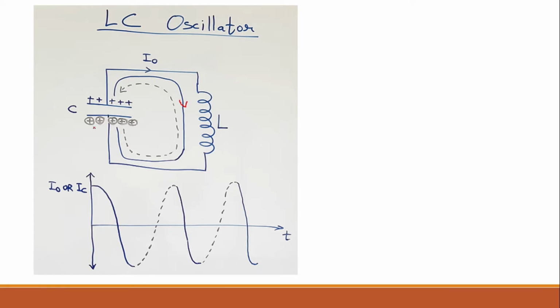Now what will happen? This plate is charged positively with these positive charges, which are shown with black colored circle positive charges. Now these black colored positive charges will make the current flow in the opposite direction like this, which I have shown with the dotted black line. So now the current direction is like this. Here you can see that the current is increasing slowly as shown in the waveform.